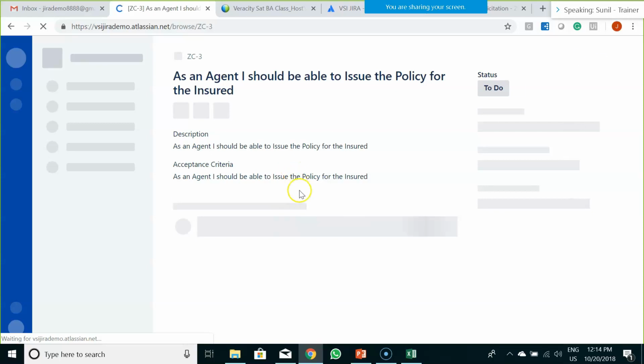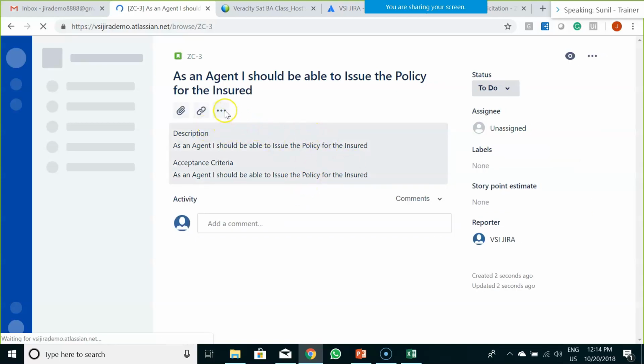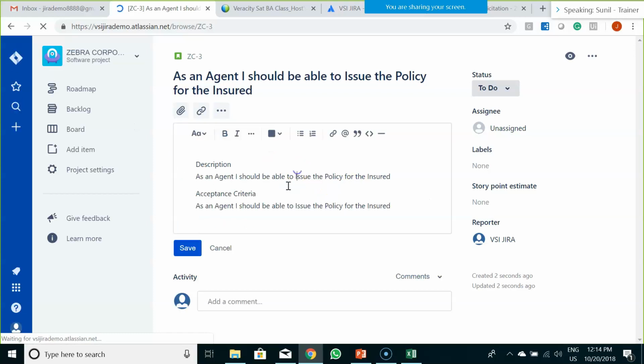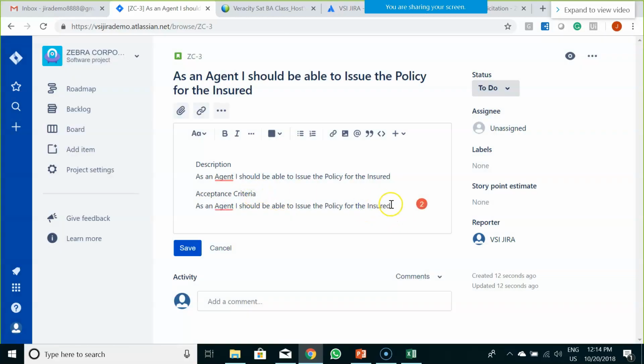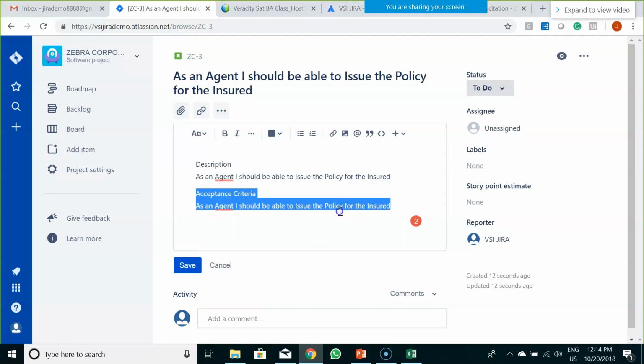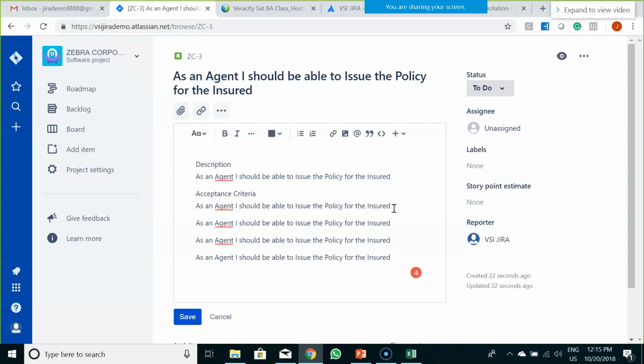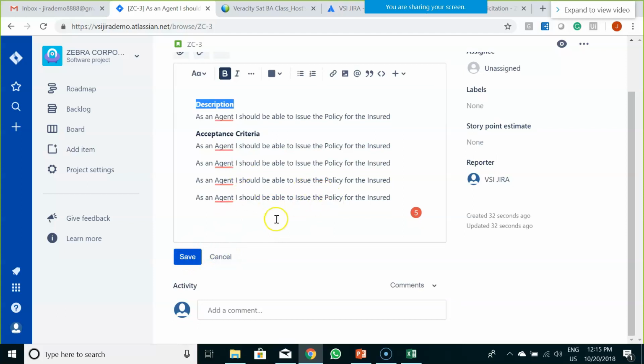After the user story is created, I can edit it at any point of time. I don't know why I installed this Grammarly. It's an unnecessary troublemaker.